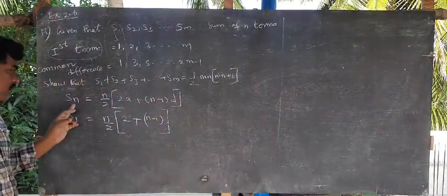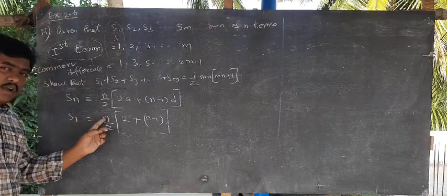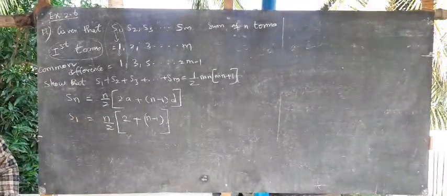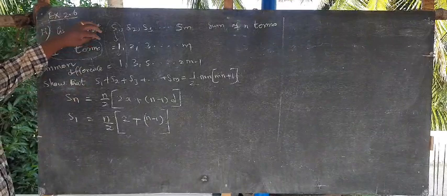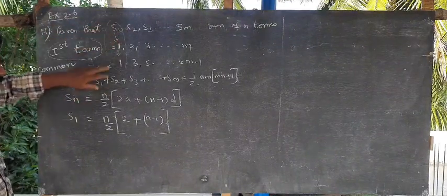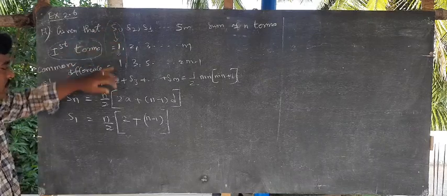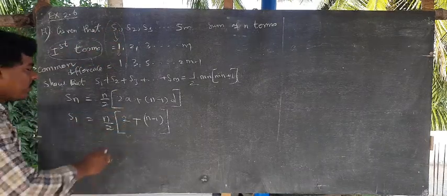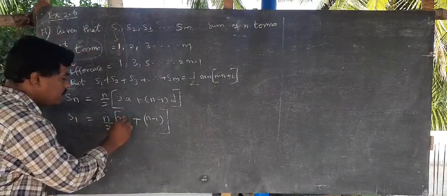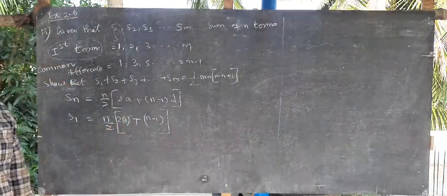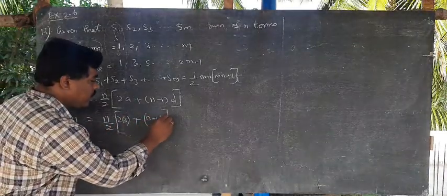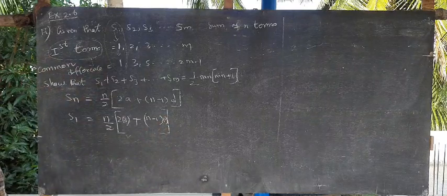Don't apply for n equal to 1. So we need to find the first term. So S1 equal to, we need to write the answer in the first term and common difference, we need to apply. So for a equal to 1, suppose we write 1 means 2 into 1, here also 1 we are having. So in the answer, no change.